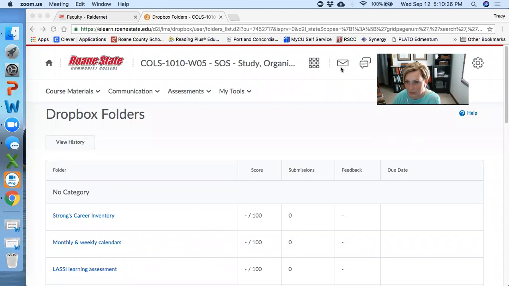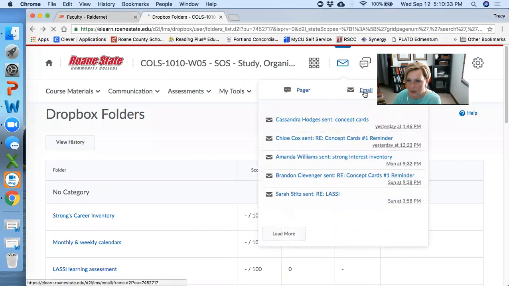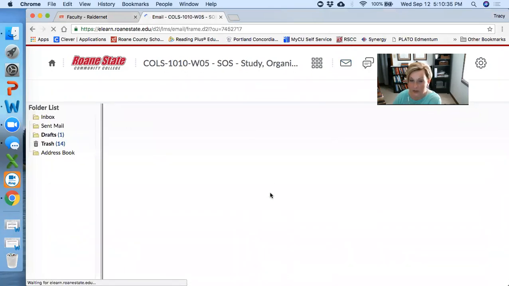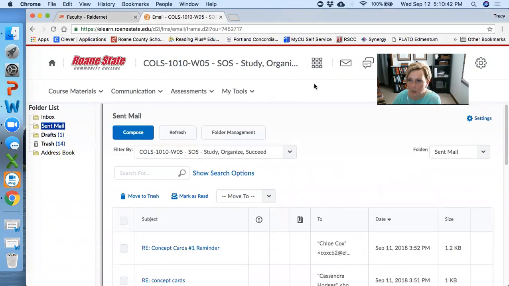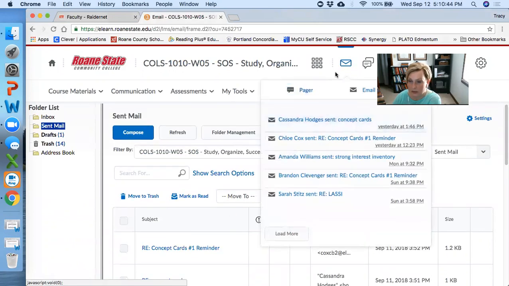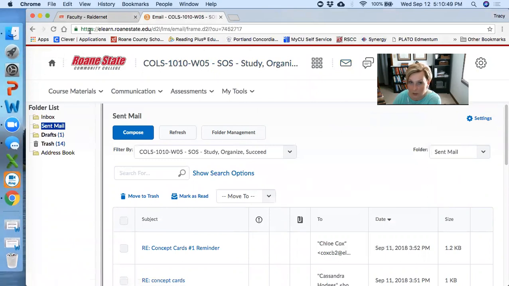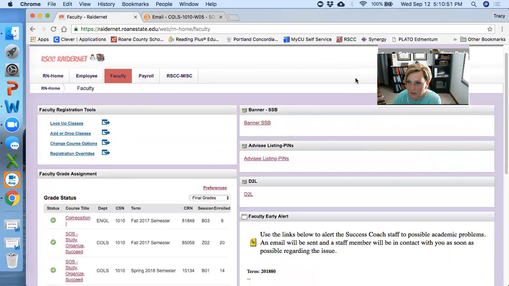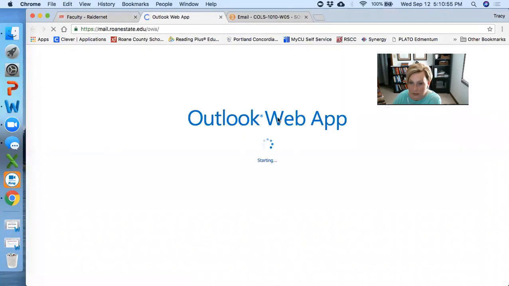The email that's in Momentum is right here. This is the eLearn email, and if you get a message from me through this site, it's because it's an automatic response. Sometimes I send emails to people if there's something missing, or if there's something they need to pay attention to that the computer can automatically send information to. But the email that you need to focus on communicating with most of the time, especially with me if you want a response, is your RadarNet email.